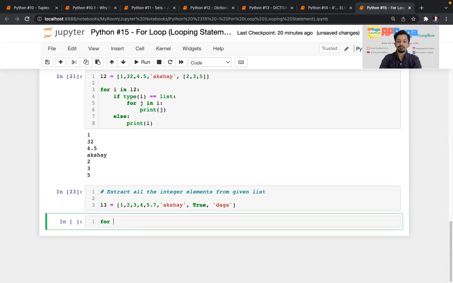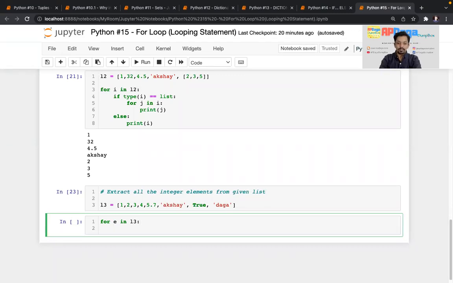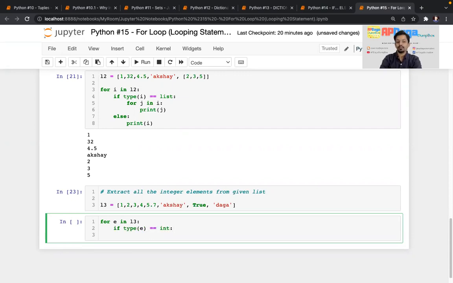I'll write for ele. So ele means element. Let's consider this. I'll take for e in L3, for element in L3. I'll check if the type of e equal to int, then just print e.